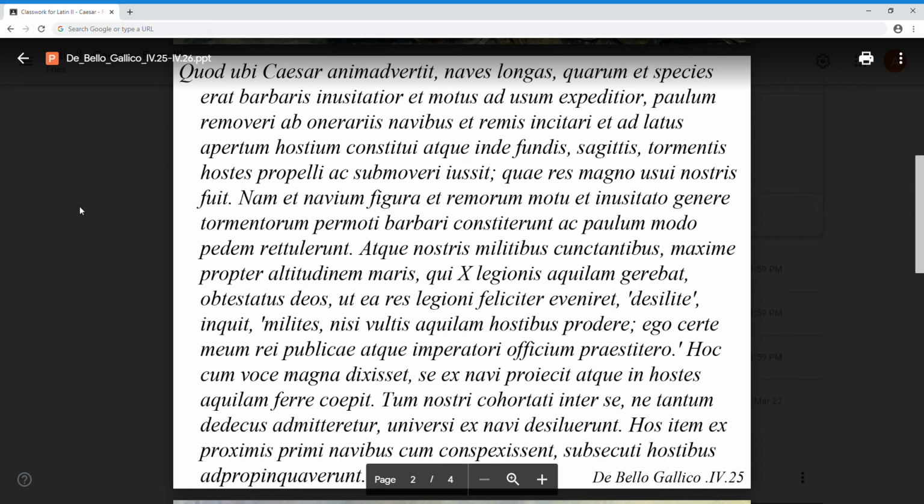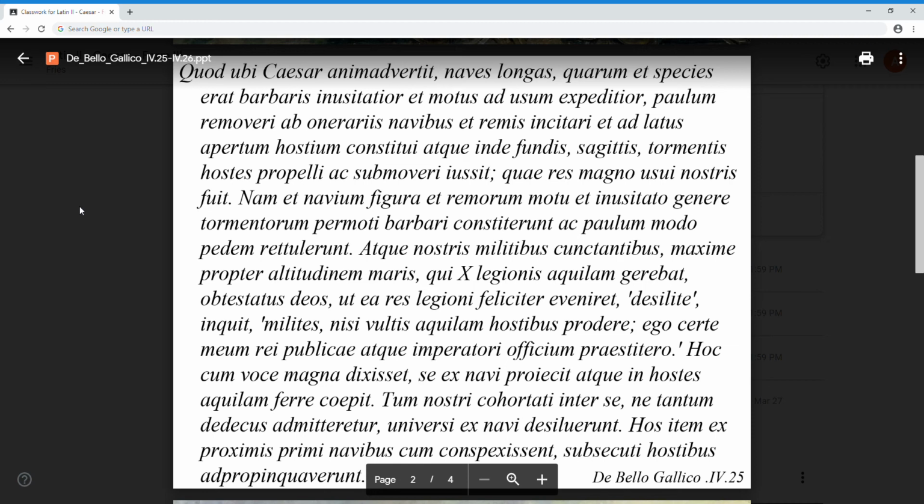Hoc cum voce magna dixisset. Hoc is the emphatic word. It's placed outside of the cum clause, so we have cum voce magna, ablative, dixisset. When, after he had said hoc, this thing, voce magna. Classical Latin doesn't really have a word for loud. Later on we get sonorous, but we don't really have an adjective that means loud. So we usually use magna with words that denote sound, like vox. So magna vox means great voice or loud voice. So this is an instance in which magna can mean loud. So after he said this in a loud voice, when he had said this in a loud voice,